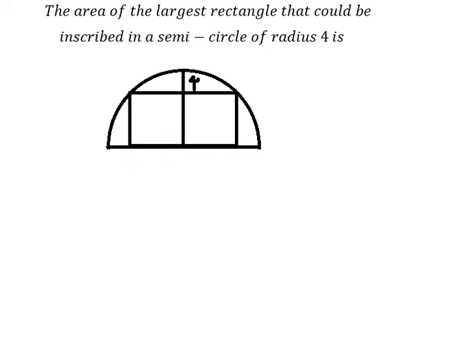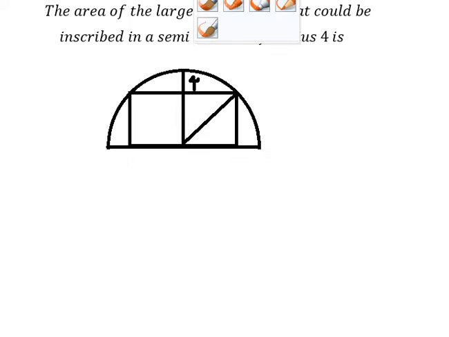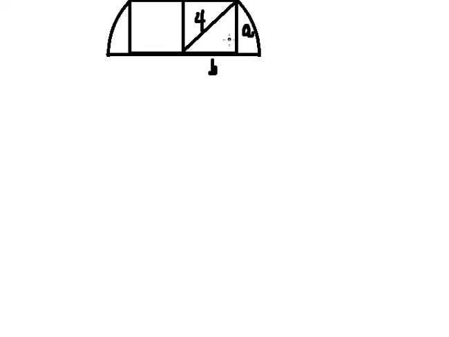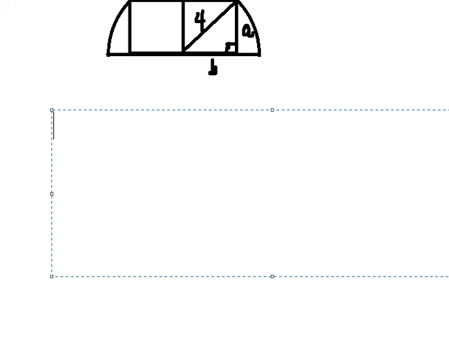So let's say we want to find one area of this rectangle in here. So I will put this one, that is the diagonal in here. That should be equal to number 4 because that is the radius of the circle. Now we use the formula in here, that is the Pythagorean